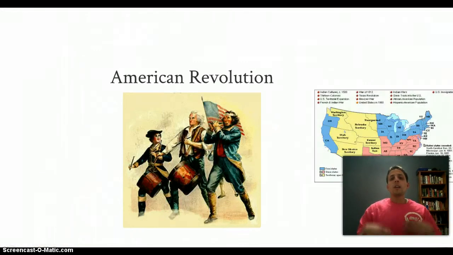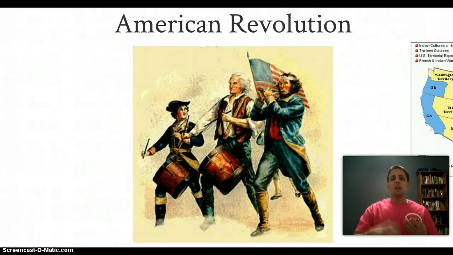Now, what I want you to keep in mind is that the Civil War plays the same role that the American Revolution did for slavery, but the Civil War plays that same role for northern states as far as segregation. If you remember, after the American Revolution, the North starts to end slavery state by state. New Jersey and New York are the ones that hang on to slavery the longest, and they don't abolish it until right at the turn of the century, like 1799 and 1803. And it's a form of gradual emancipation when they do actually abolish it. But basically, state by state in the North, they're going to end slavery after the American Revolution.